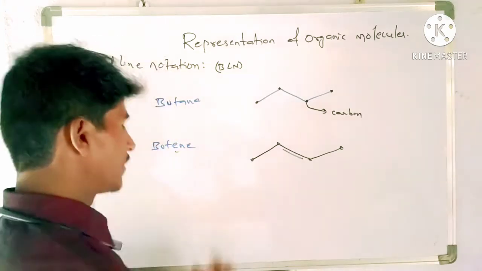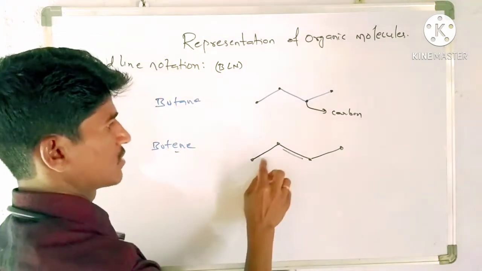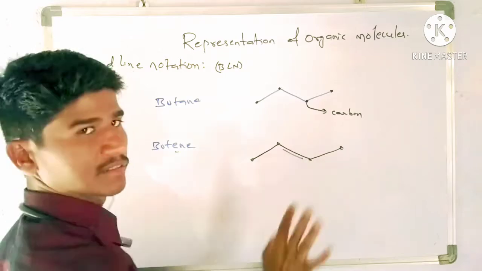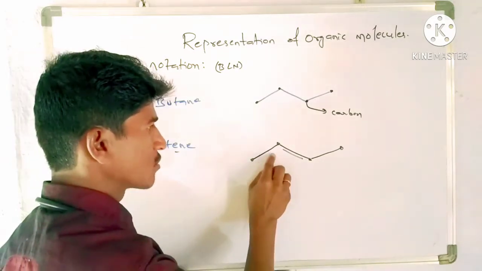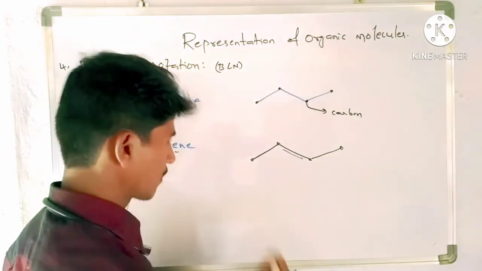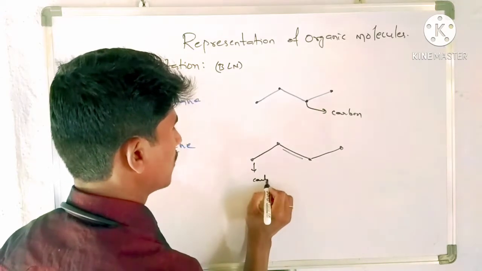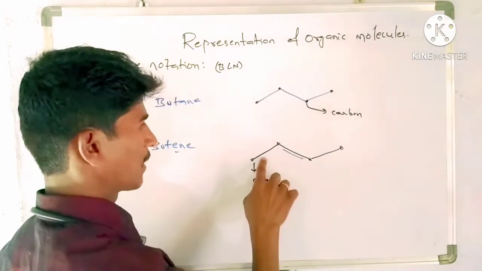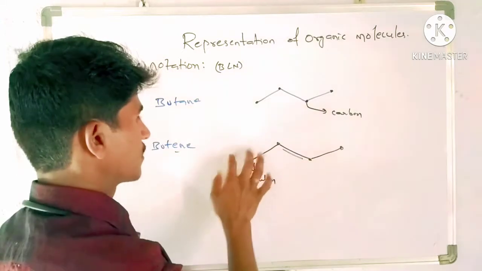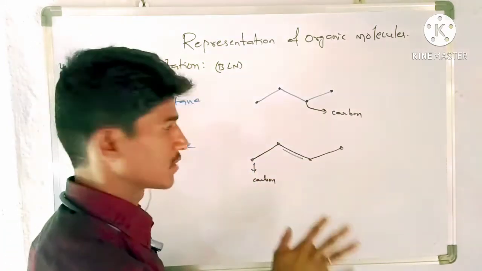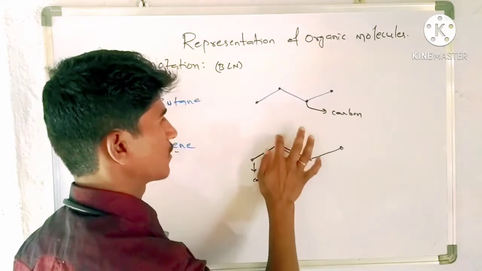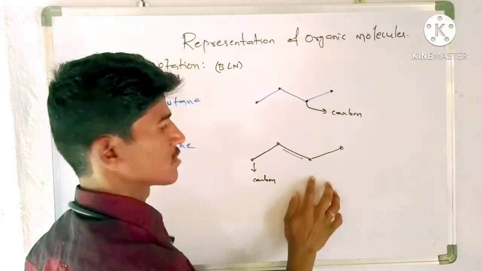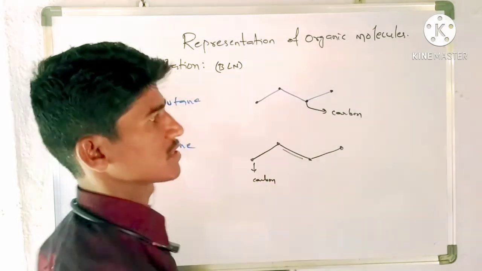Okay, and internally we have to assume that. So these are the bonds, as well as lines. Here this carbon has only 1 bond. This dot is nothing but a carbon. How many bonds does this carbon have? Only 1 bond. We have to assume that 3 bonds are already there, meaning 3 hydrogens are there. This has 1 to 3 bonds only. We have to assume 1 hydrogen internally there, here also 1 hydrogen internally there, and here 3 hydrogens are internally there.